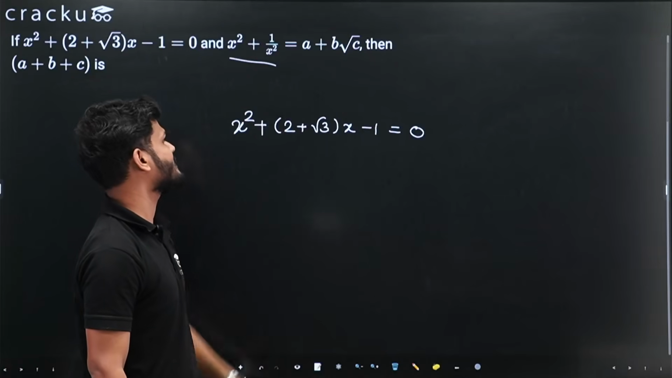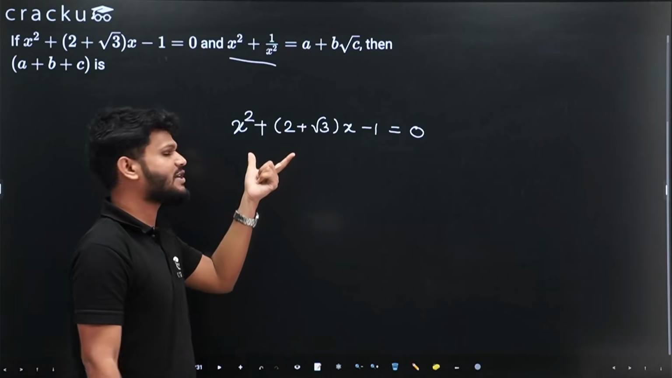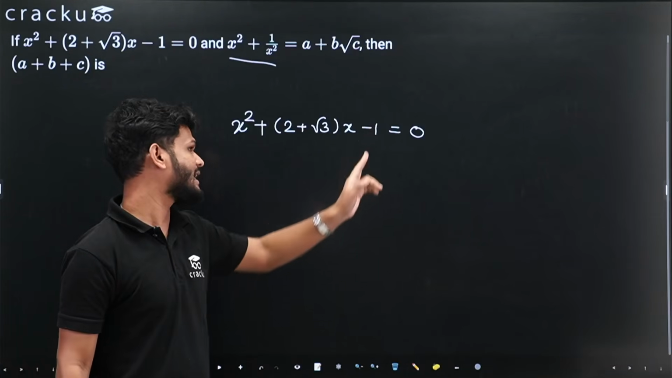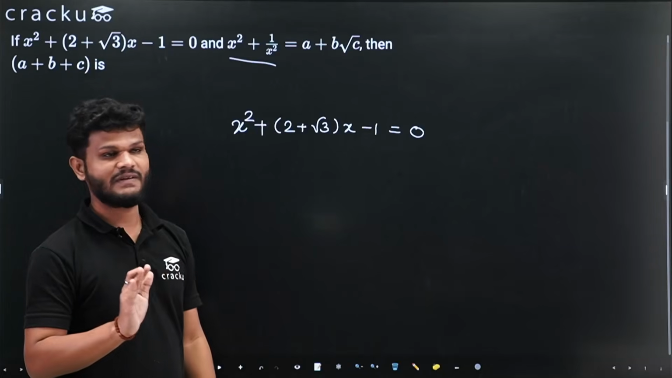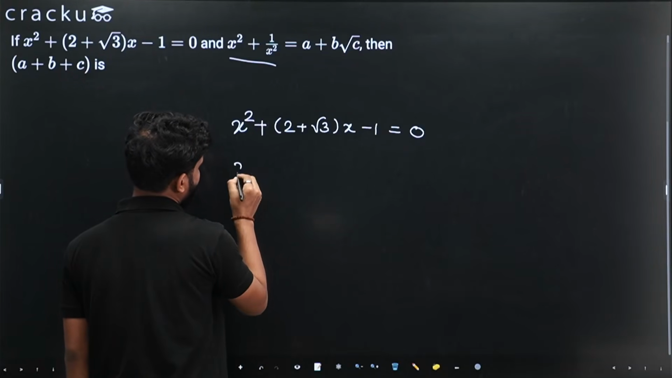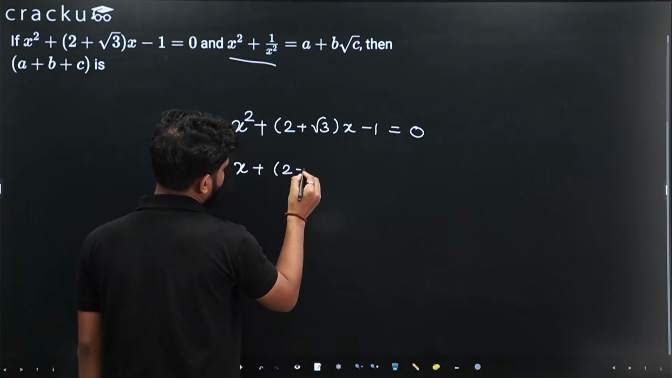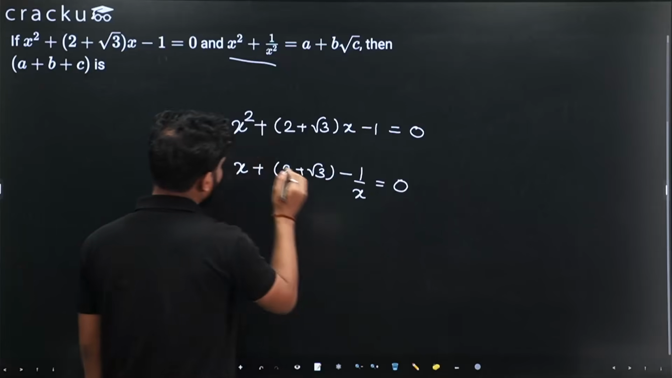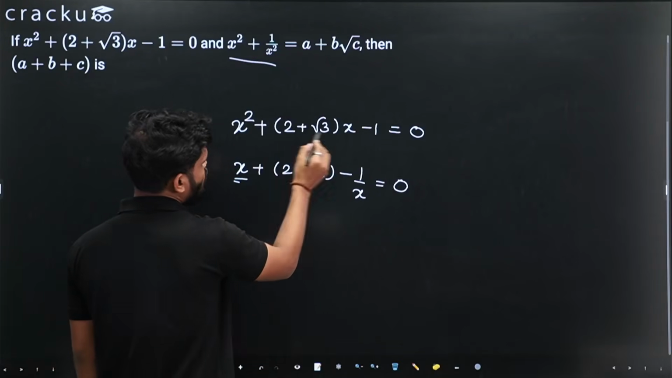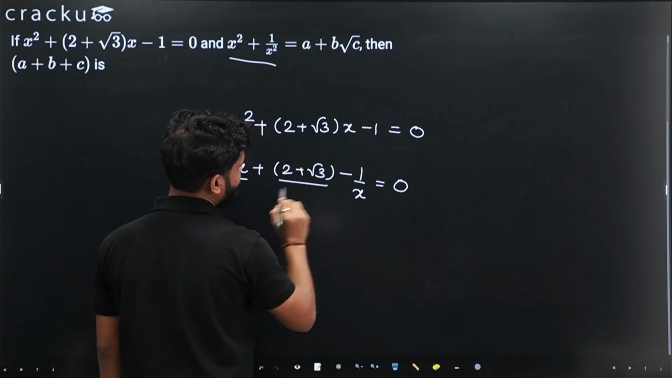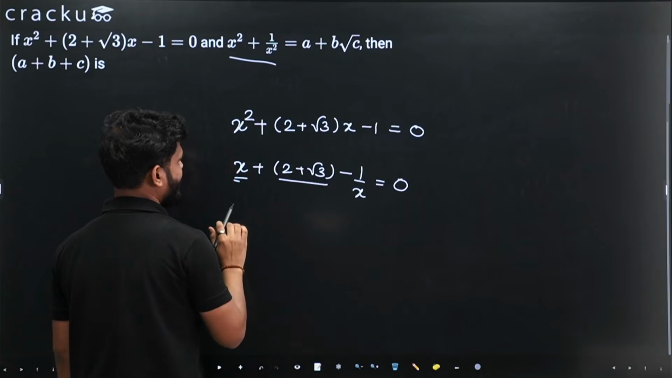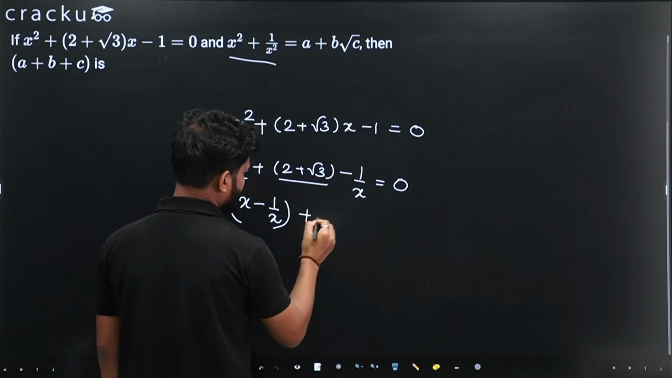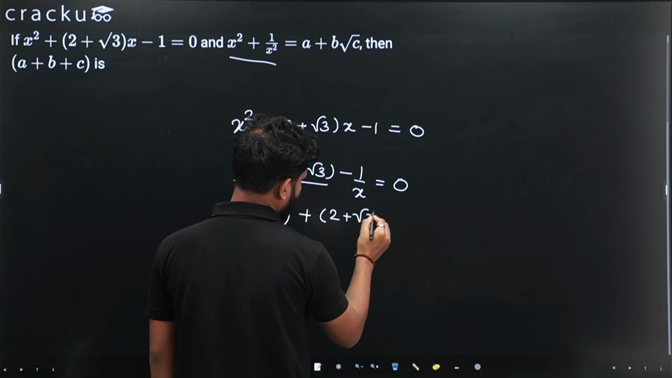You have x square plus 1 by x square. So I will try to get this expression in the form of x plus 1 by x or x minus 1 by x. Plus 1 by x I can't get because there is a minus, so I can get x minus 1 by x. So let us divide the whole equation by x. From here I get x plus 2 plus root 3 minus 1 by x equal to 0. x square divided by x is x, 2 plus root 3 x divided by x is 2 plus root 3, minus 1 divided by x is minus 1 by x. So from here I can say x minus 1 by x plus 2 plus root 3 is